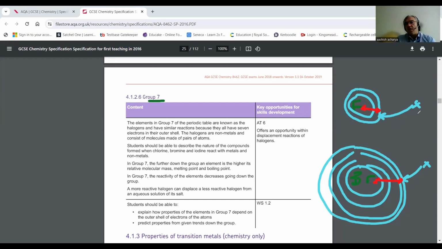And that's why fluorine is more reactive. And of course, you do know this connection with redox reactions, because fluorine is gaining an electron more readily, okay, it turns into the fluoride ion. Now there is a way of proving the reactivity of these halogens, and that is simply by reacting the